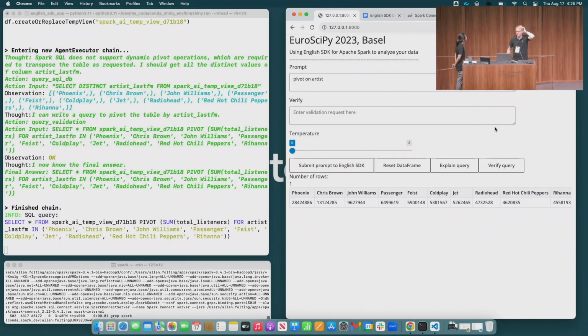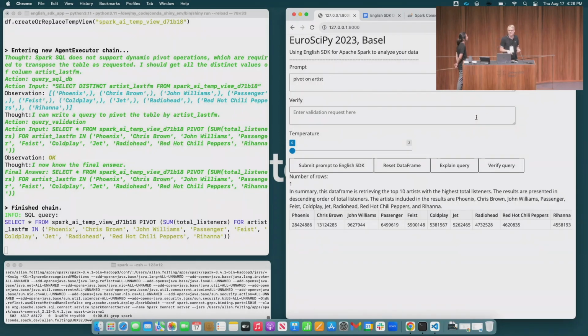And as you see, that's what it did here on the other side. And lastly, I'll click this explain query while I talk. So explain is all about, as I mentioned earlier, giving you a human-readable explanation of what you did. This is a super simple demo, but in a minute this can be a little slow. There you go. It's going to put out this summary that gives you a sense of what exactly just happened here, right? So it can help users better understand output and things like that in some scenarios.